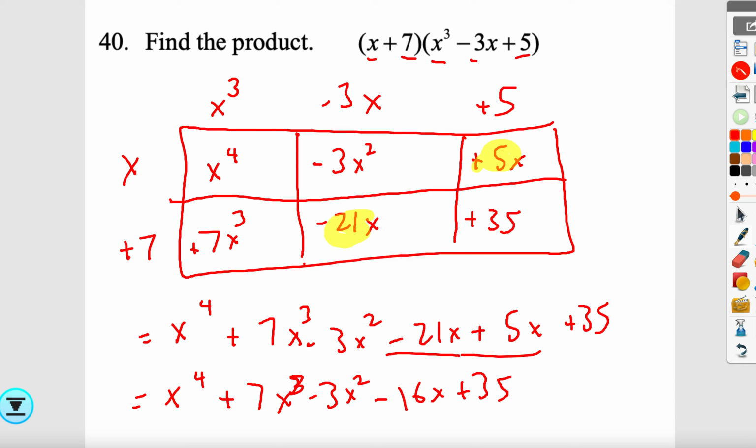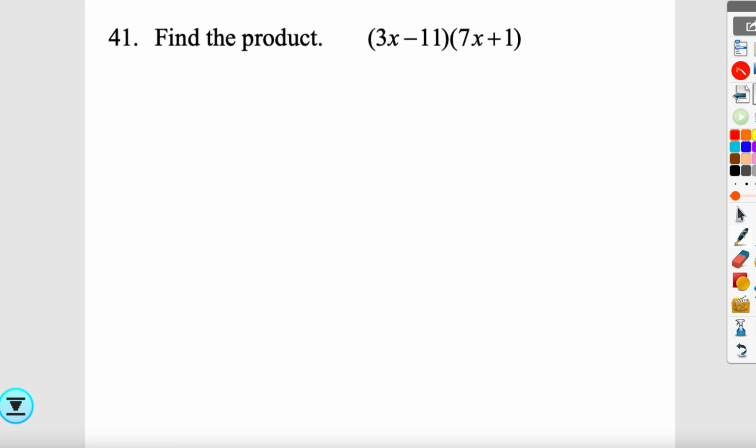Let's keep going. So here we have (3x minus 11)(7x plus 1). Multiply these two, right? So then be smart about it, right? So it'll be